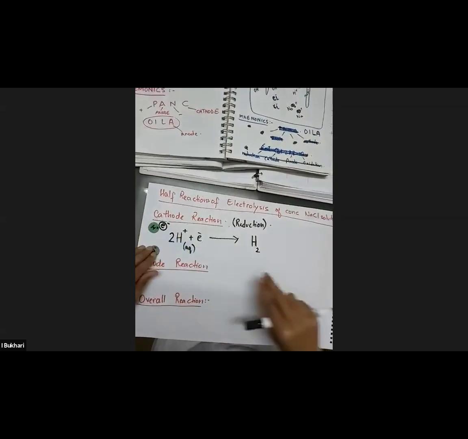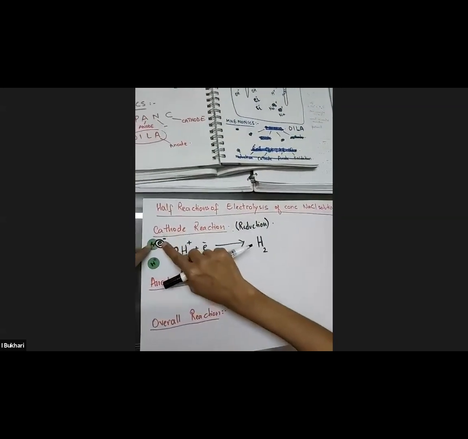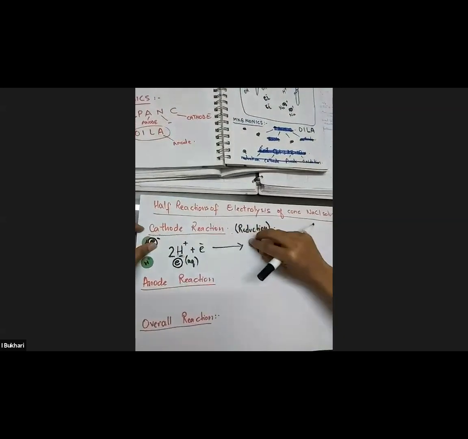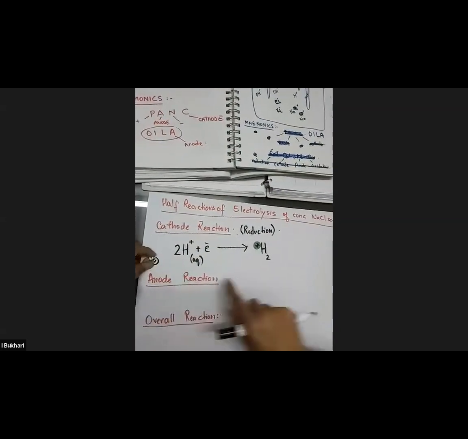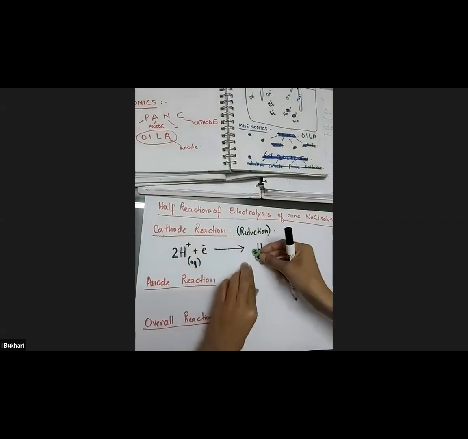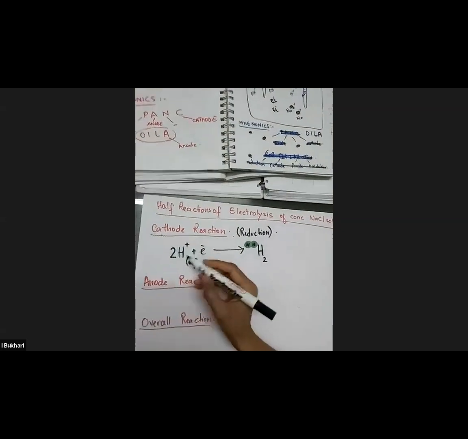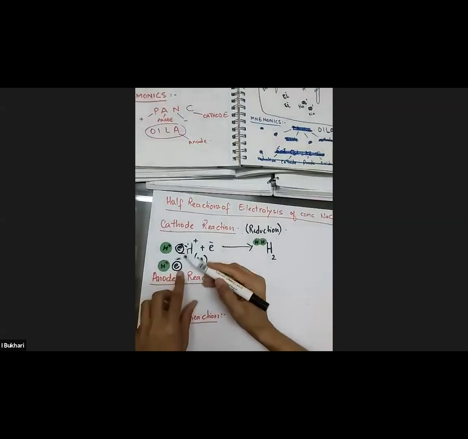Like these are hydrogen ions. Each one accepted an electron. One hydrogen ion accepting an electron, becoming a hydrogen atom. This hydrogen ion also accepted an electron and turned into a hydrogen atom. And so the two hydrogen atoms combine together to form the hydrogen molecule. I made this so that you visualize what's happening, right? And so remember, how many electrons did we use? Can you see? I used 2 electrons.